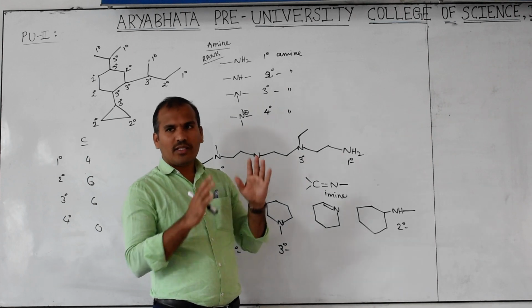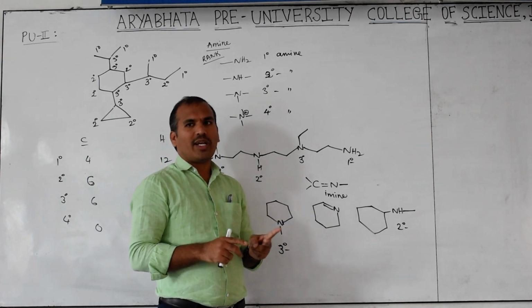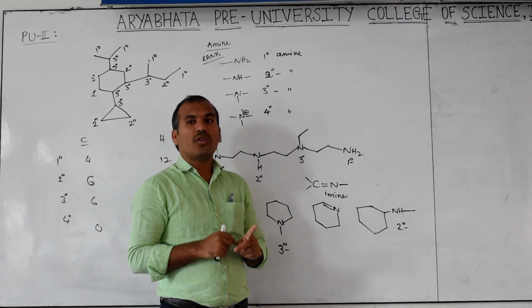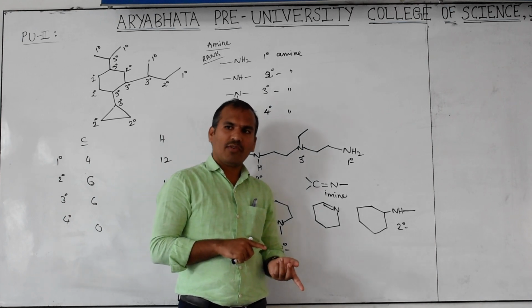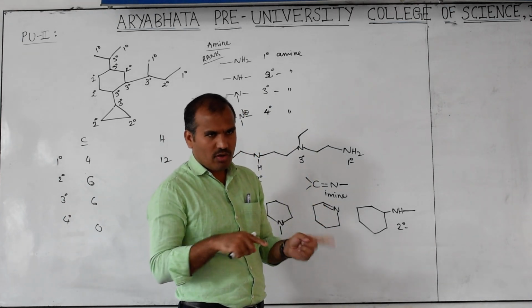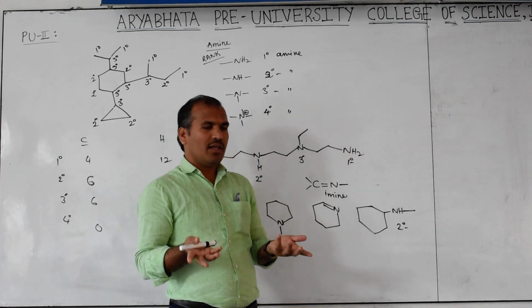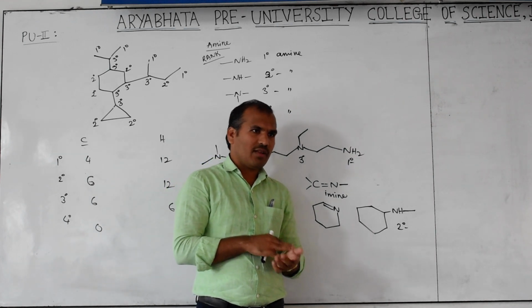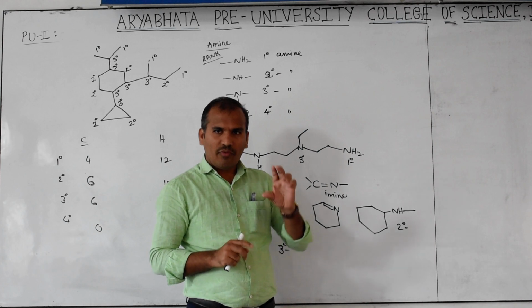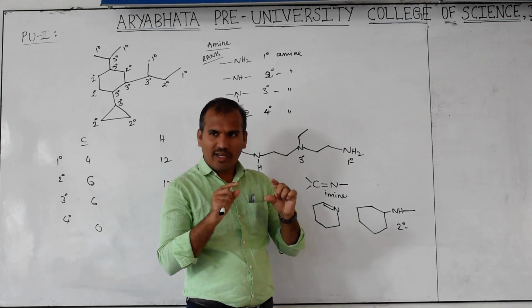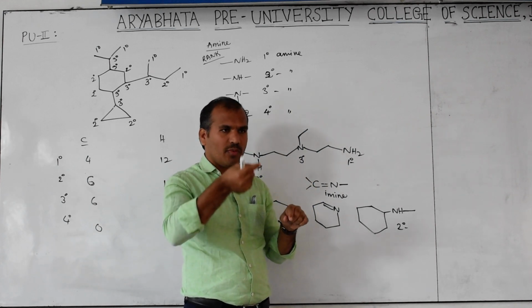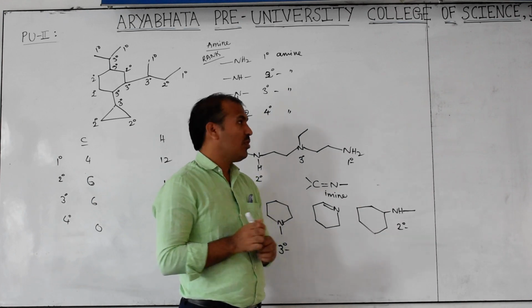Okay. So in aromatic, again we have two types. One is benzenoid, another is non-benzenoid. Benzenoid means what? A compound containing a benzene ring. Non-benzenoid means rings other than benzene, which may be 4-member or 5-member. That is not benzenoid. A 6-member ring with alternating double bonds, even three double bonds, that is called benzene. You know this is benzene.